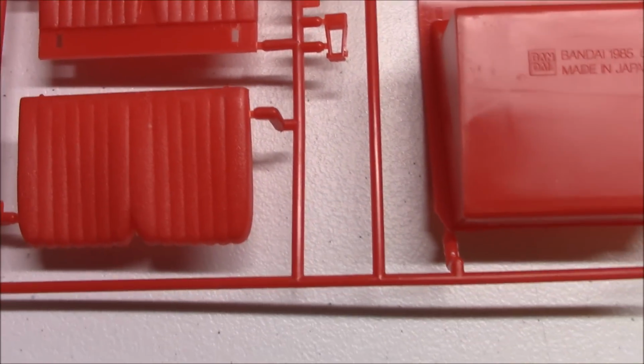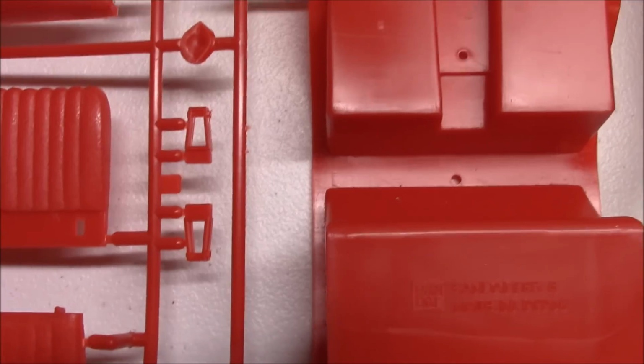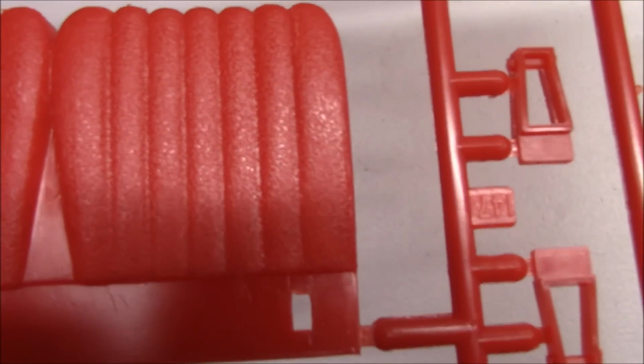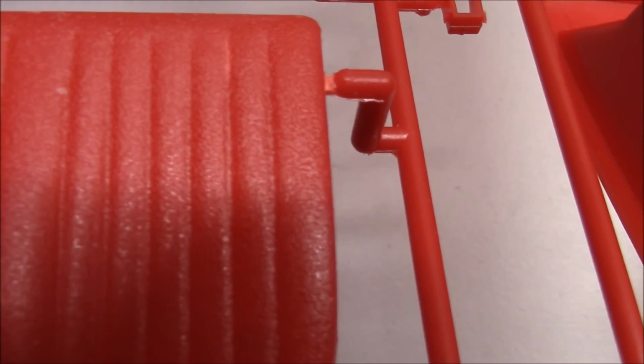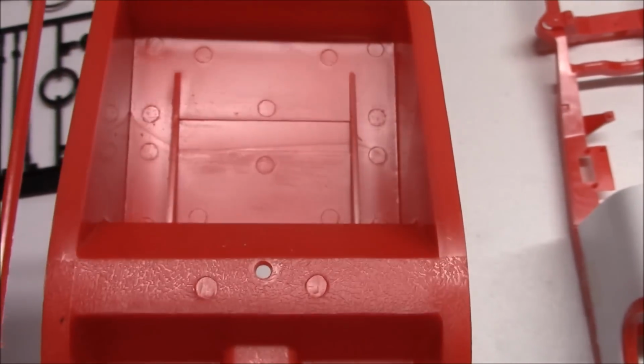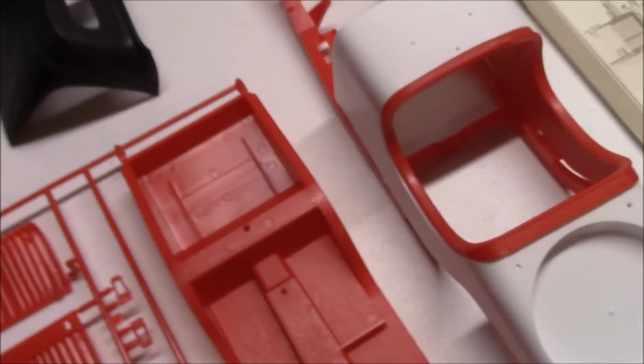But there's your interior seats here, which have got some really nice, you know, like fabric detailing on them. I hope that's coming out. And then this is your interior floor here. And there's the date that I was telling you, 1985, made in Japan. And your body